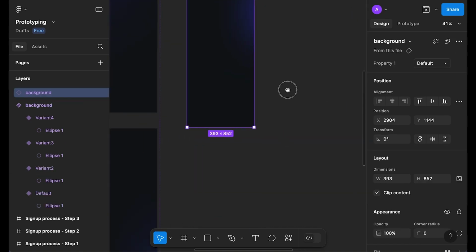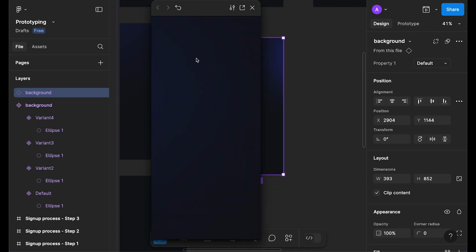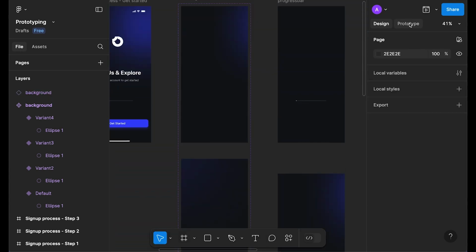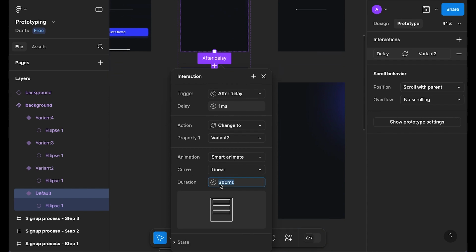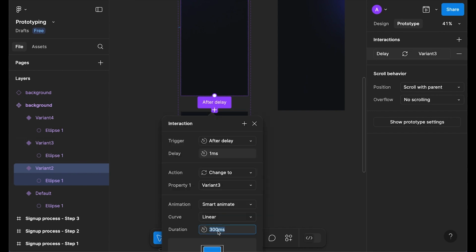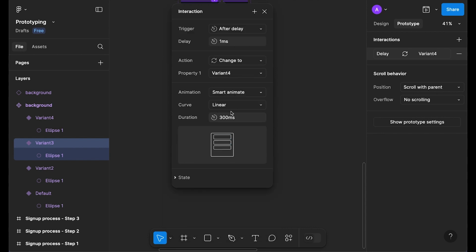Now it's time to preview our animation and change it if there is any modification needed. So press shift and spacebar on the keyboard. Now press R again to replay. So now our animation is looking good, but we need to reduce the speed. For reducing the speed of the animation, let's click on the prototype tab again, click after delay, and here we need to make it, instead of 300, let's try 3000 millisecond. Okay, select the same for the second one, we will make it 3000, and let's change for this one to